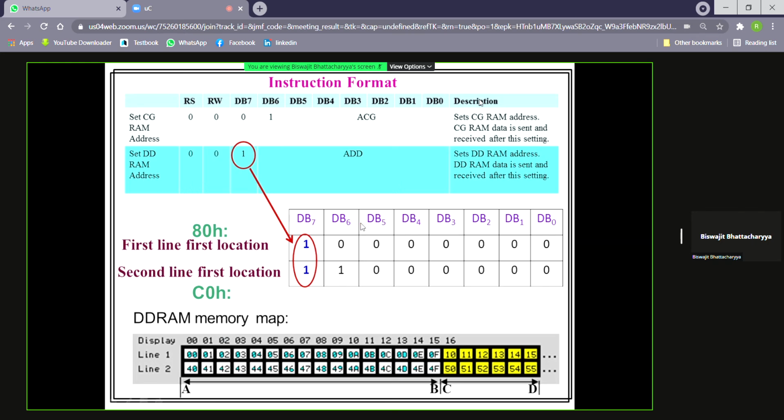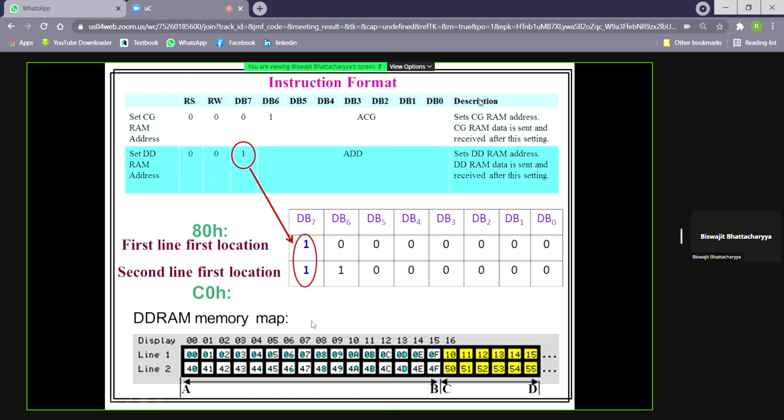So C0 hex will be the instruction for which the LCD will come to know that it has to send a character to address 0 of the second line, that is the 40 hex address. So C0 hex corresponds to 40 hex address, that is address 0 of line 2.